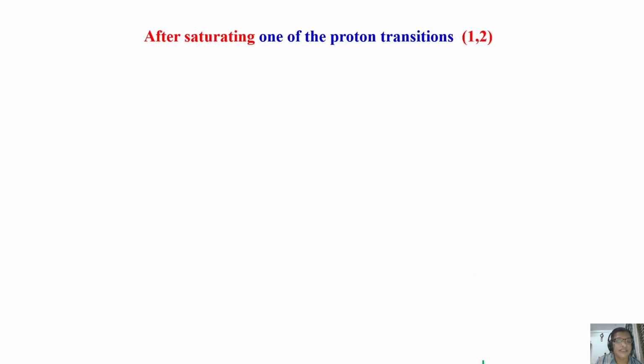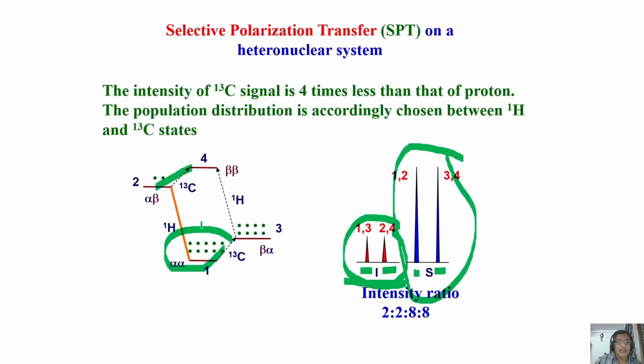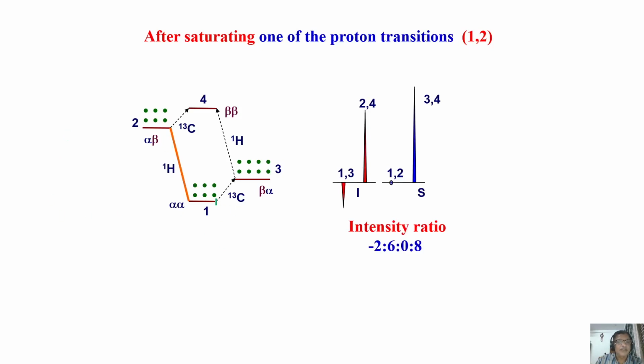Now we will see only saturation transfer. What happens? I am going to saturate one of the transitions, that is 1 and 2, the proton transition. What was the population difference? 10 and 2. Now 10 and 2 is totally 12. I made it 6, 6 because I am saturating, equalizing. So it was 10 and 2, and I equated it to 6, 6. That's all I did. Now calculate the intensity. The proton transition is saturated and will not give signal, it is 0. And this signal, 8 minus 0, is 8.